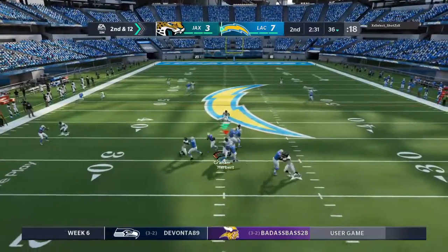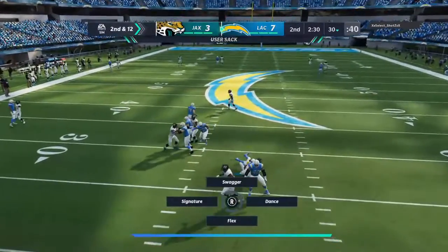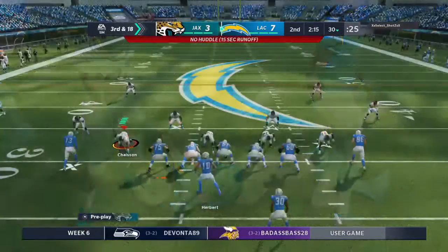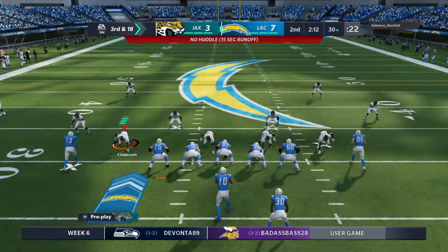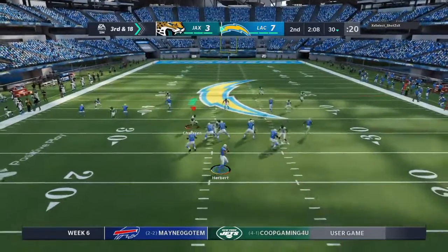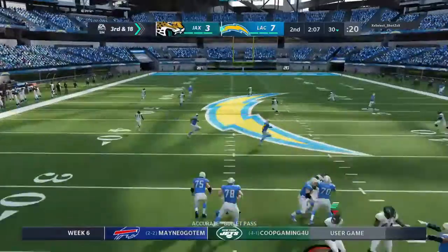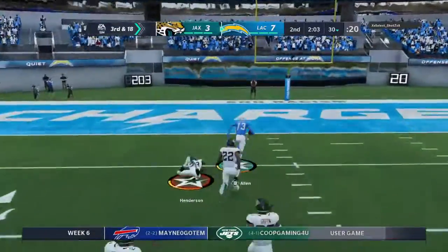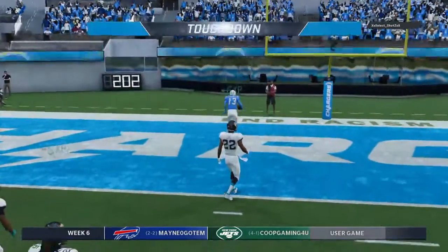Out of the gun, Herbert. And the Jags get to him as down he goes. The sack there by Brandon Graham coming in and bringing him down to the ground. They don't need to run another play here before the 2-minute warning. Let's see if they do it anyway. Going, and that's caught inside the 30. And all the way in for a